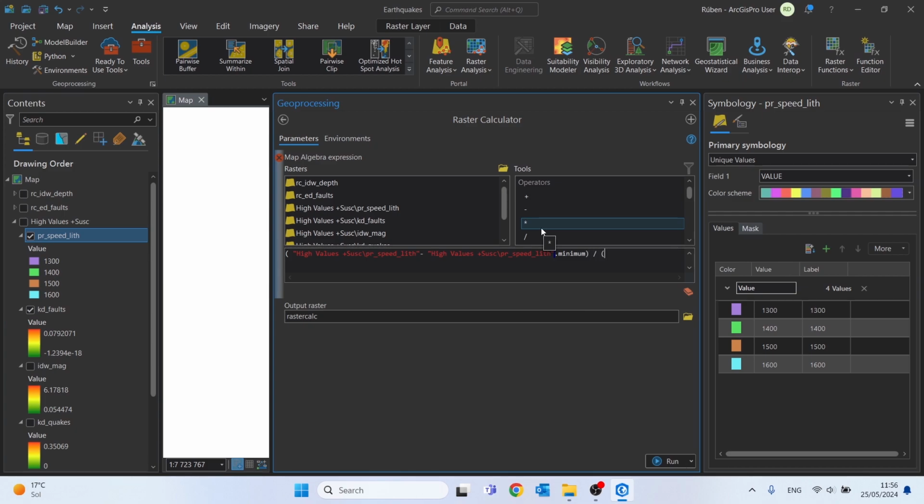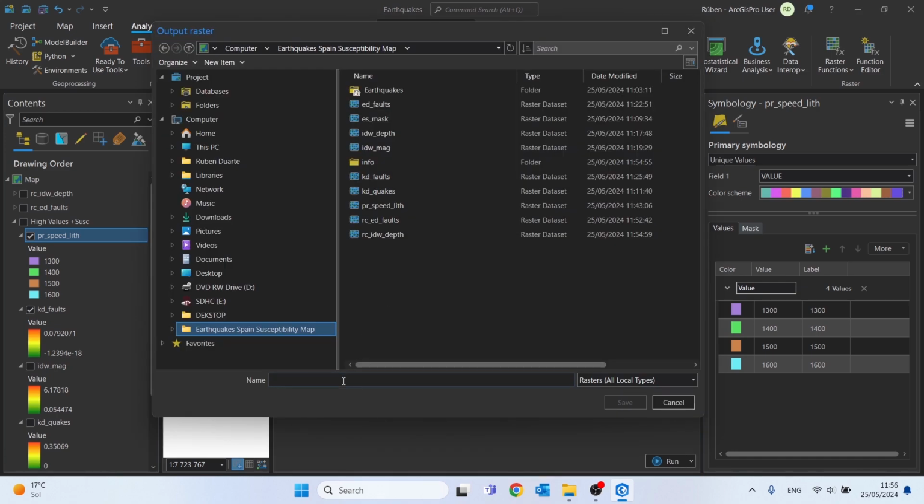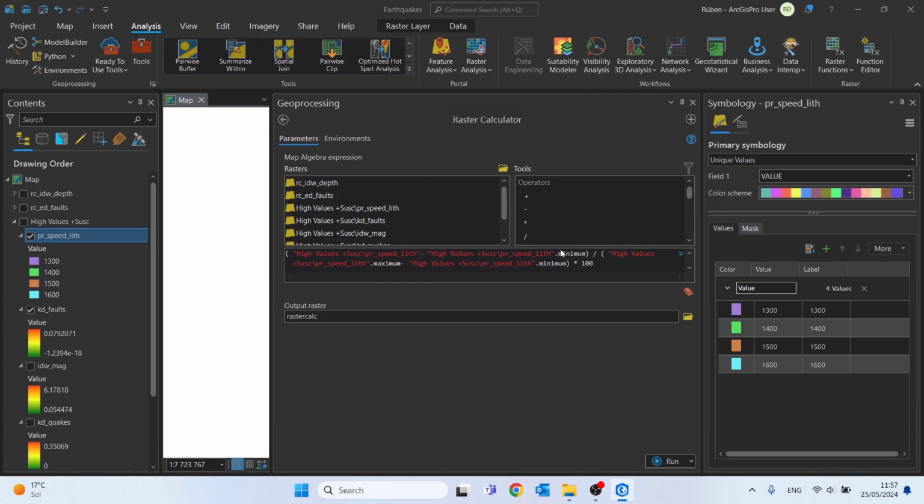Then divide, open parentheses by speed, and this time dot maximum minus speed dot minimum, and then close parentheses and multiply by 100. So actually this formula is the opposite of the previous one. So let me call it RC speed, for example. Click save